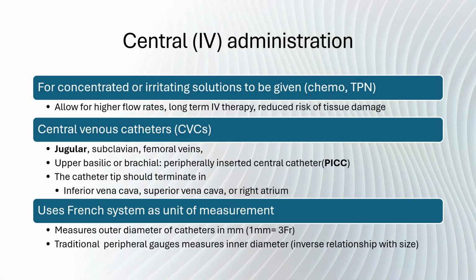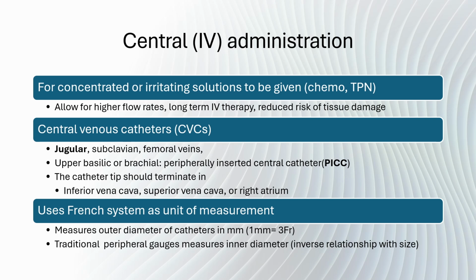Another common way that medications can be administered intravenously is through the central route. Central venous catheters are inserted through either the jugular, subclavian, or femoral vein. Doctors can also place what's called a PICC line, which stands for peripherally inserted central catheter, through either the upper basilic or brachial vein. The end of the catheter tips terminate at either the inferior vena cava, superior vena cava,